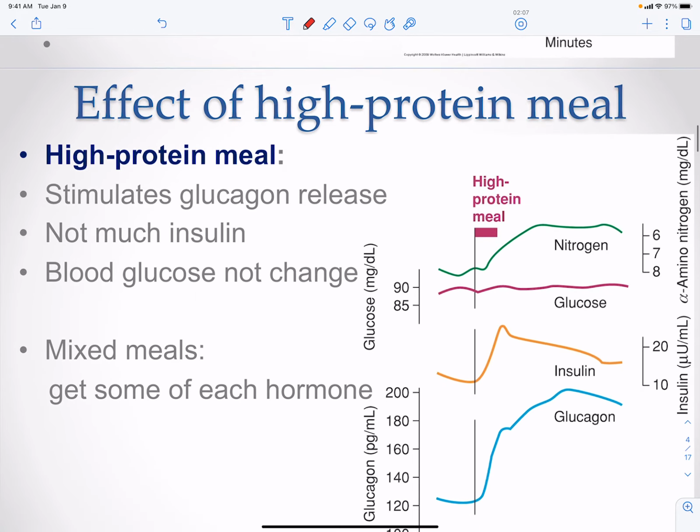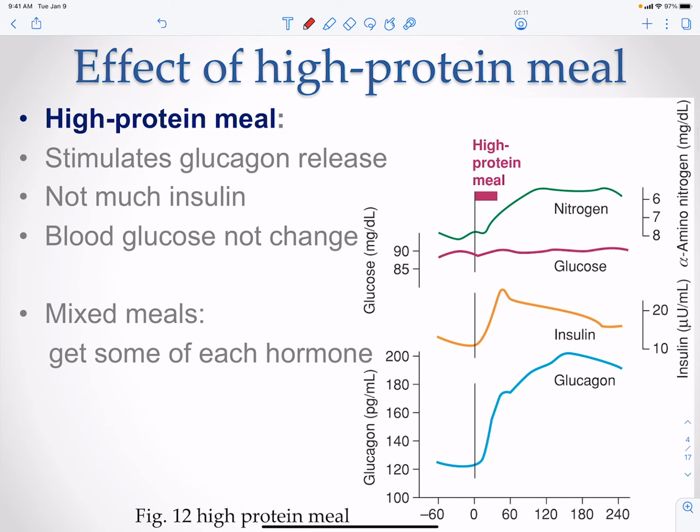And these levels will peak after a high carbohydrate meal, and then they will come down. Now, after a high protein meal, this is going to change somewhat. Again, we have our same x-axis. We have our different y-axes, and they're kind of spread out in this way, in this particular figure. And one of the things to point out initially is that glucose stays pretty flat when you have a high protein meal, when you do not have much carbohydrate in that meal.